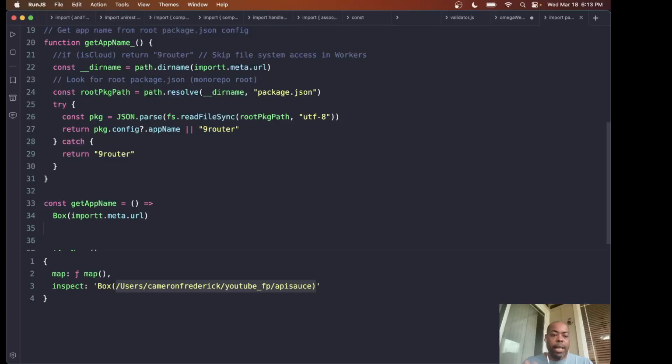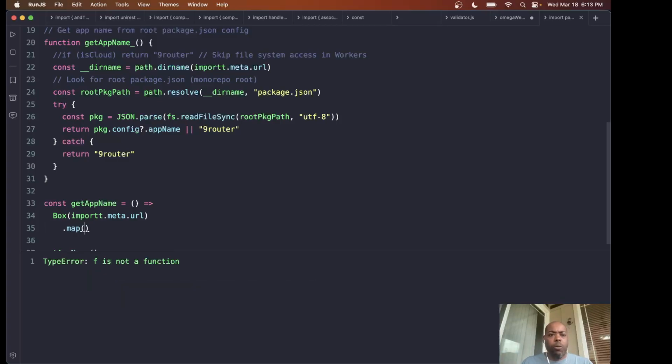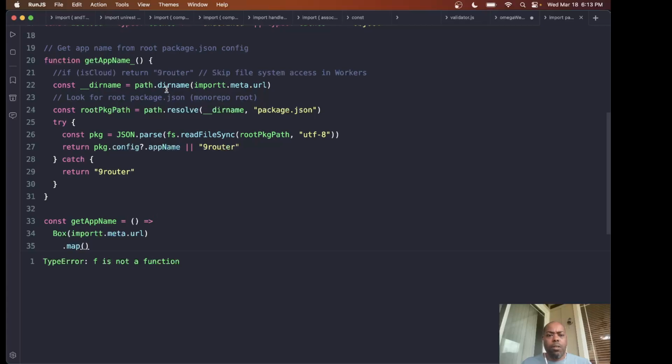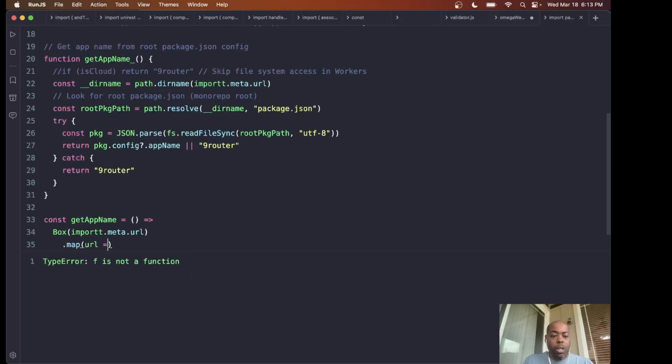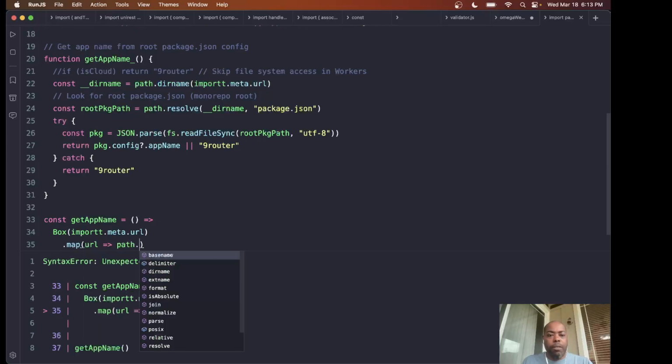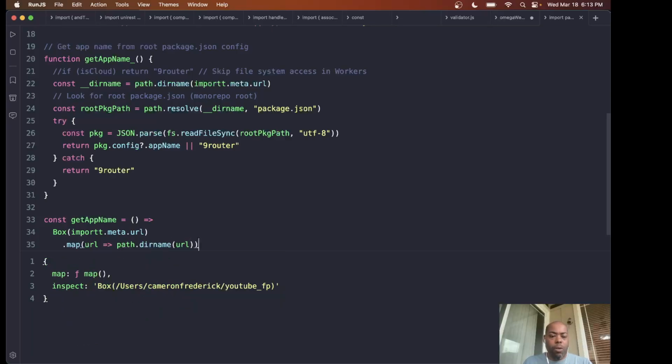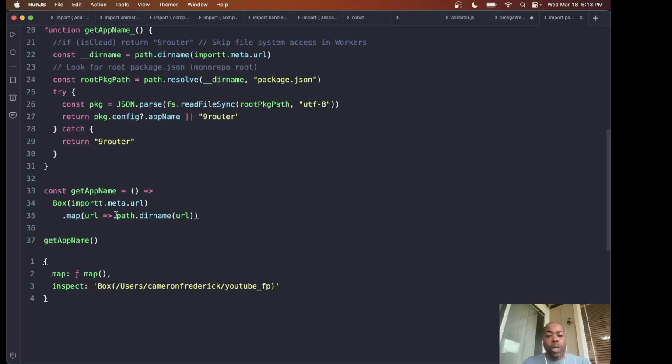So now that our value is in the box, we just map. That's all we do. And the function that we're mapping is this path.directory name here, right? So we're taking the URL that we have and we're just computing path.directory name with the URL, right? And we can clean this up even further. Remember what I was saying in a previous video about the algebra here, and that this and this cancel out. These are variables that cancel each other out. So really,